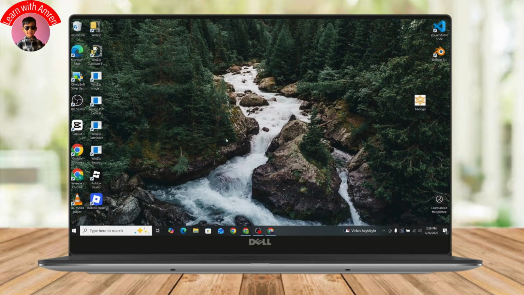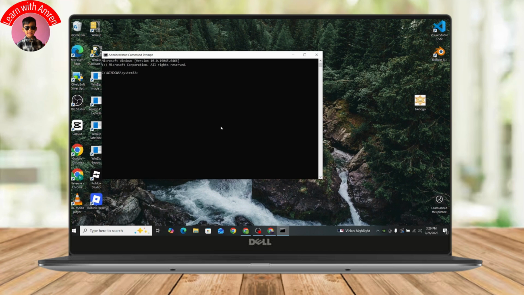go with Run as administrator, click on Yes. And here you need to just type a command, which is DISM /online /set-reservedstorageState /State:disabled. Once you've typed, you need to just simply hit Enter and it will automatically say disable reserved storage in